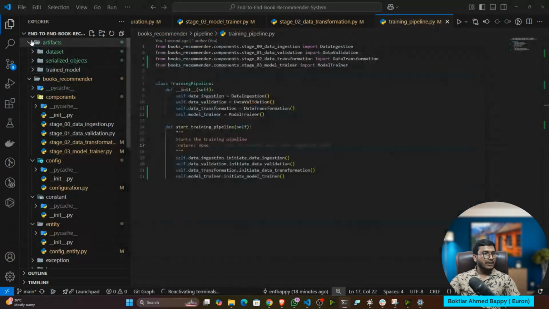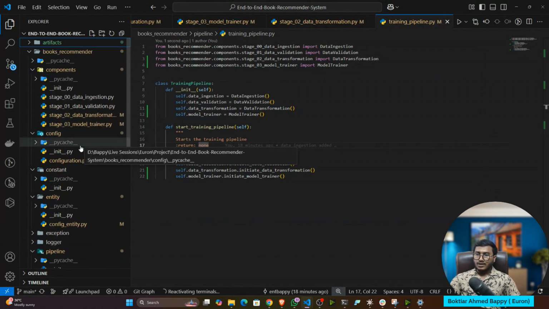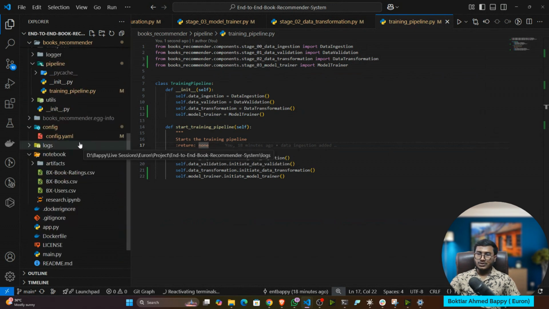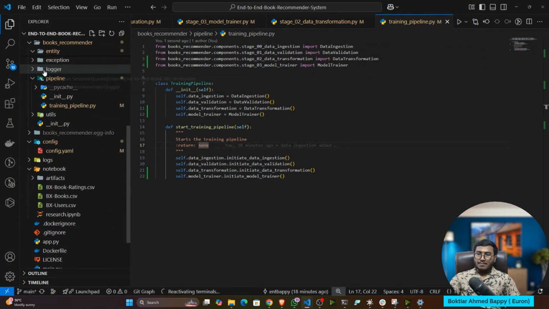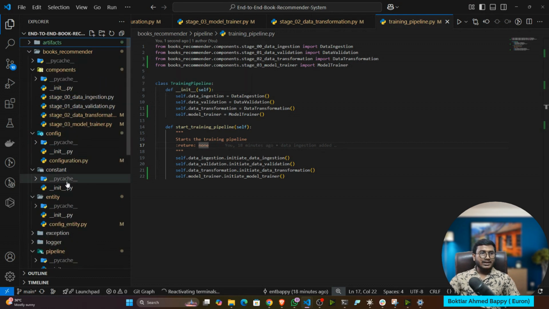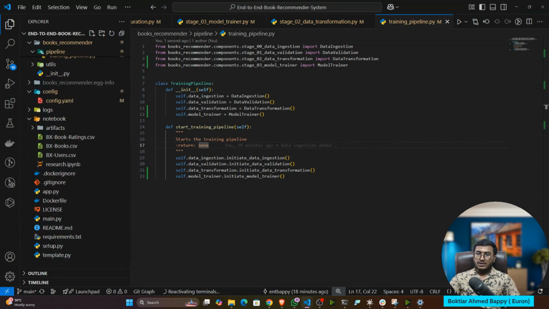Now if I show you my artifact, so in the train model folder, you can see your model got trained. Okay, that means all the component works successfully. There is no issue. Okay. Now what we'll do, guys, we'll try to create the application. Now we'll try to create the web app. Okay, with the help of Streamlit, because now we are able to generate the model and my pipeline is running fine. Now let's do it.